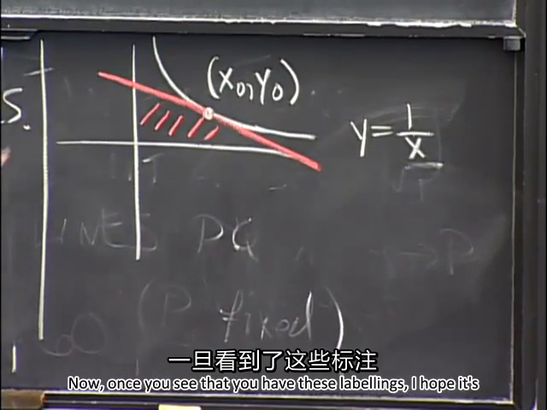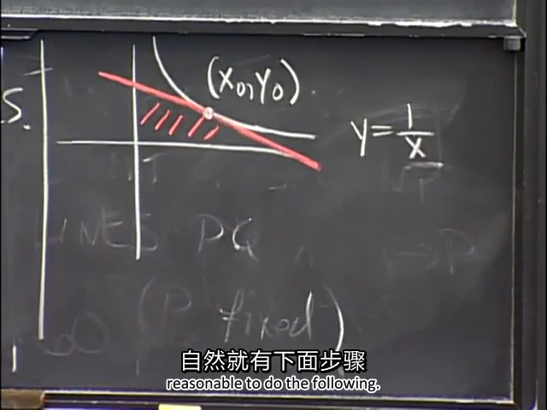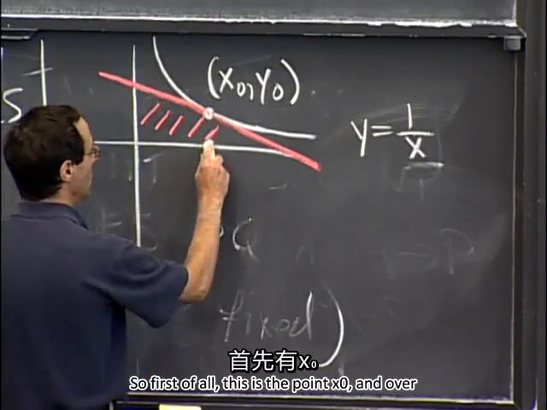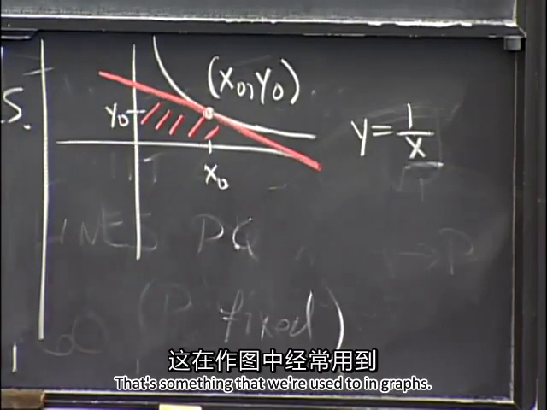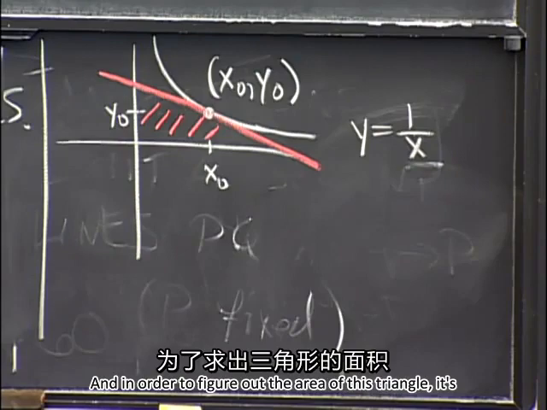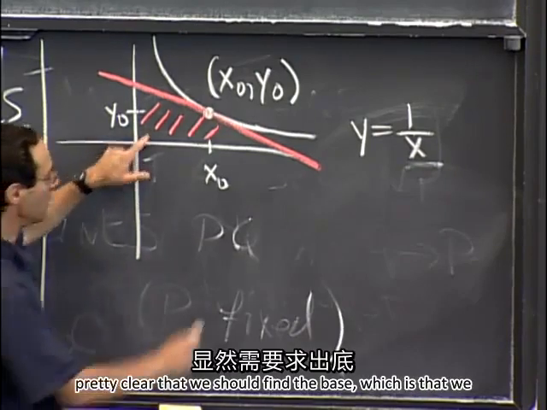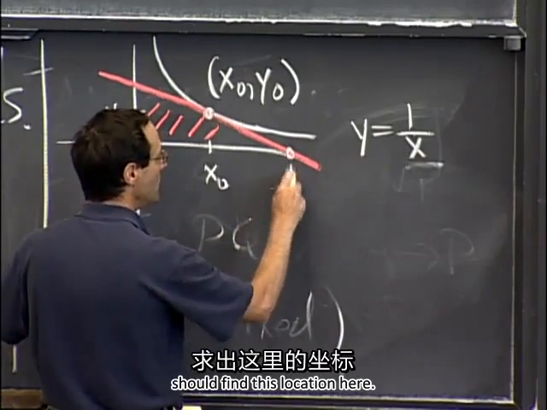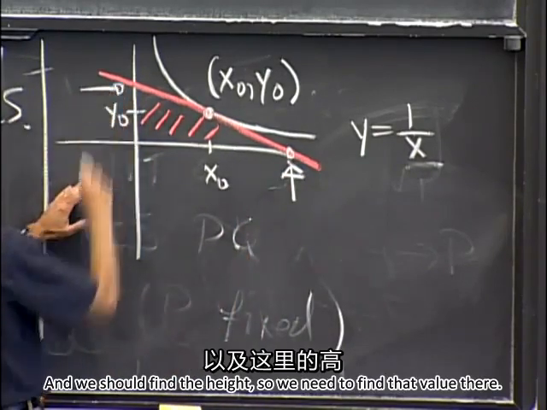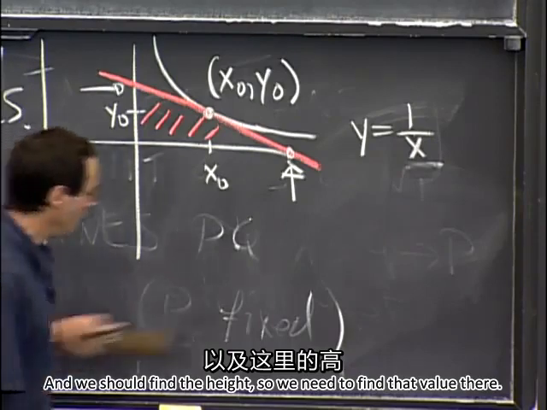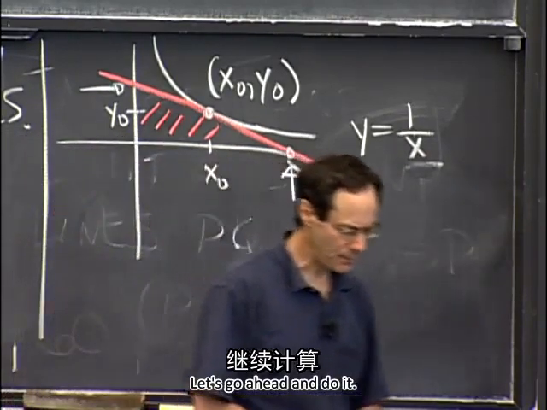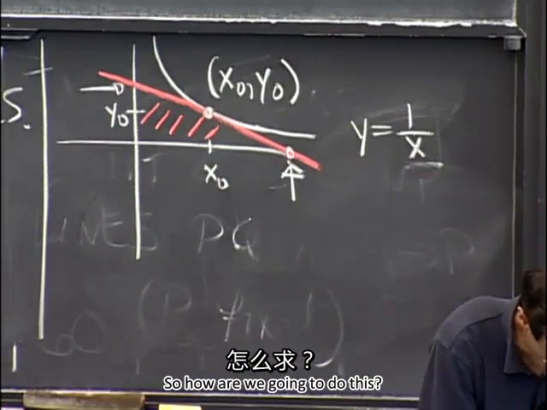Now, once you see that you have these labelings, I hope it's reasonable to do the following. So first of all, this is the point x0, and over here is the point y0. That's something that we're used to in graphs. And in order to figure out the area of this triangle, it's pretty clear that we should find the base, which is that we should find this location here, and we should find the height, so we need to find that value there. All right, so let's go ahead and do it. So how are we going to do this? Well,